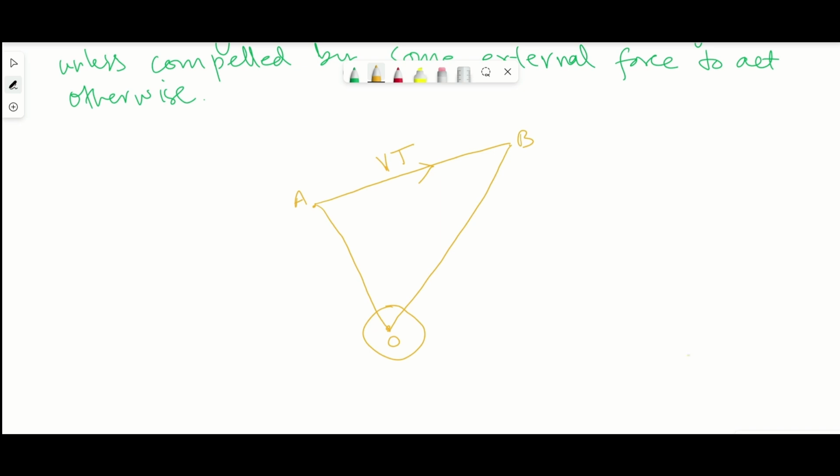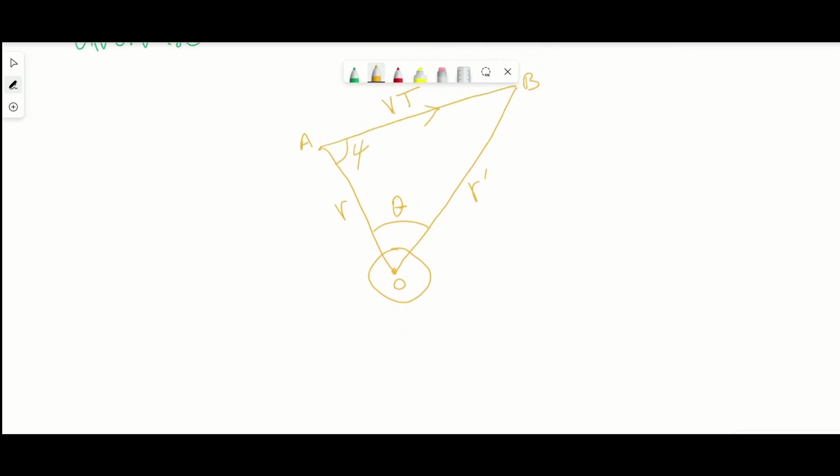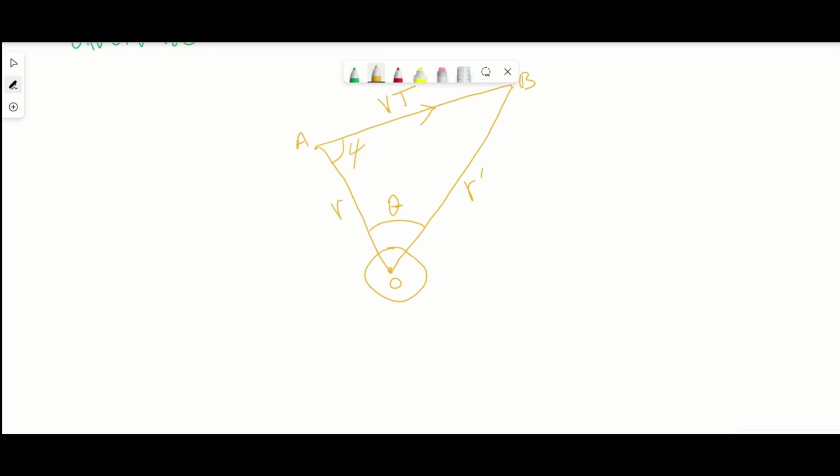Okay, so let this distance from this gravitating mass at O to the point A be represented with small r, and the other distance that is variable within that time range be represented by r prime. And let this angle be phi and this angle be theta. Now phi is constant, but theta is changing with respect to time. Okay, so now we will use Muhammad Ghiyasuddin Jamshed Al-Kashi's theorem, the law of cosines, on triangle OAB. So, considering this angle first, the angle OAB, we will write the Al-Kashi's theorem